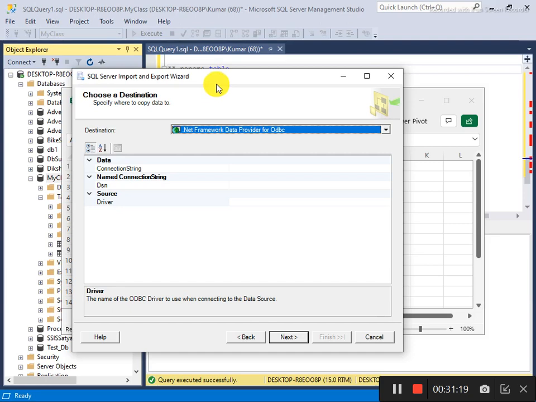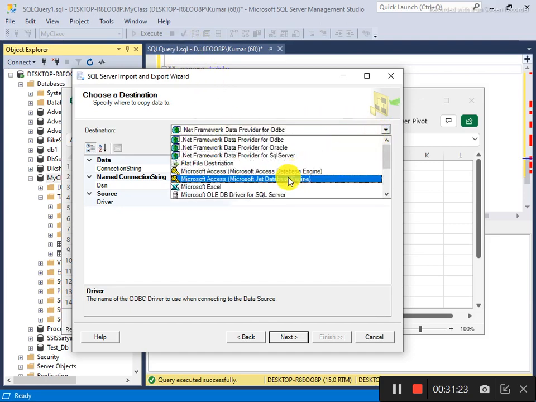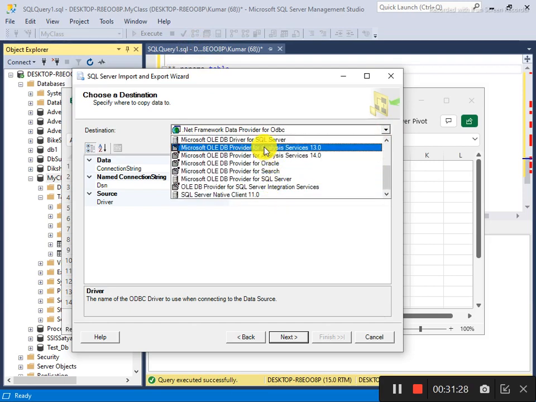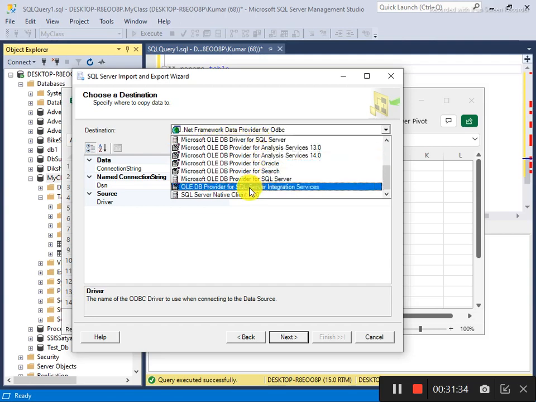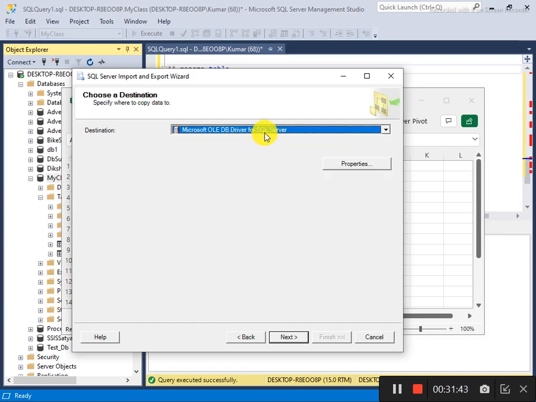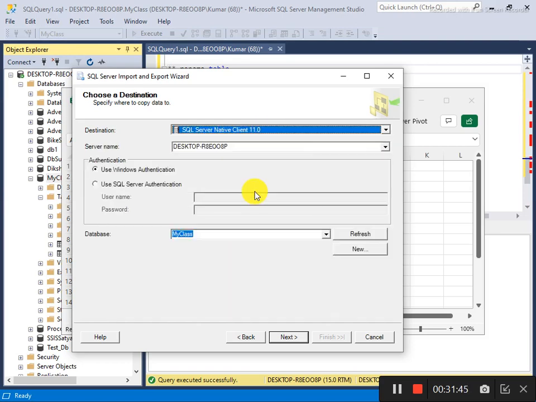So our destination is SQL Server. SQL Server is an OLEDB database. So here you will go and select as per your driver. Two things here: sometimes you see Microsoft OLEDB driver for SQL Server. Otherwise there is also SQL Server Native Client. Sometimes this will also work. By default it comes up, so I will follow this. If it's not working, then you will check for another. Okay. So when I selected the native client, it automatically came here.